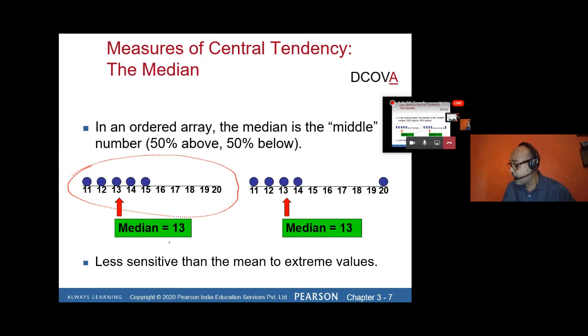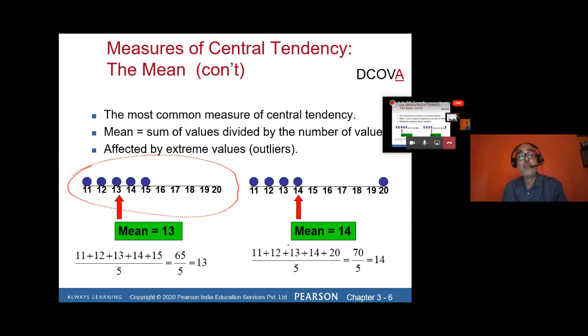I find the median because I ordered it. You see here the difference. First of all, the mean I have calculated here in this PowerPoint slide. I added all 11, 12, 13, 14, 15 and divided by 5. I got 65 by 5, which is 13. So the average is 13. But in the second scenario, where the sample remains 5 but the sample respondent value changed from 15, we took another sample value as 20. So once the sample value changes, the average changes in this category.